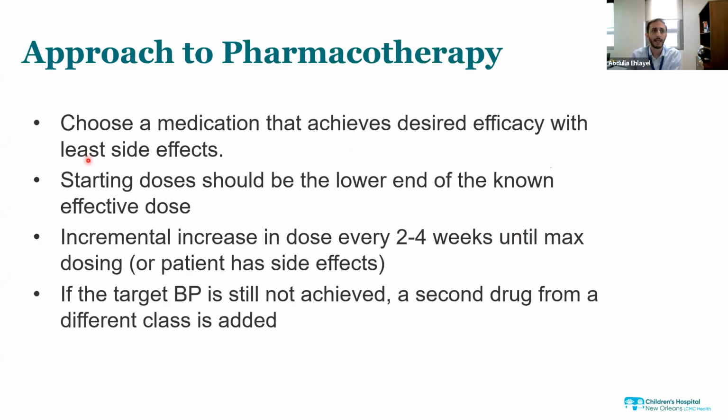طيب آخر شيء عندنا اللي هي الأدوية. So how do we approach pharmacotherapy? So في أمور أساسية لازم نفكر فيها، أو يعني قواعد عامة نستعملها لما نبدأ الأدوية. أولاً we want to start a medication that gives us the effect we want with the least side effects for the patient. بتعرفوا كثير من الأهل بالذات في الأطفال بيخاف من الأدوية، بيتجنب الأدوية، عندهم رهبة من الأدوية. فأنت بدك تحاول يعني تتجنب يكون دواء له أعراض جانبية ممكن أيضاً تزيد من هذا الخوف أو الرهبة. عادة نبدأ بأقل جرعة علاجية، وبنزيد الجرعة تدريجياً كل أسبوعين لـ4 أسابيع حتى ينزل الضغط للجول والتارجت المطلوب لهذا المريض.